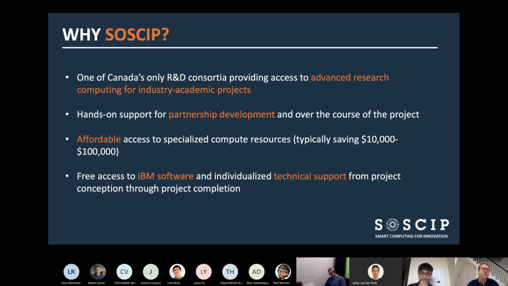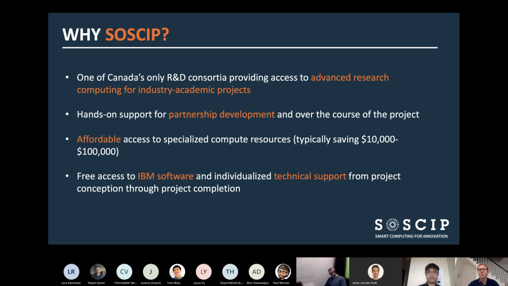In terms of project fees, we do have a one-time access fee for SOSCIP projects. It's $2,500 per year, and that gets prorated. So a 6-month project would be $1,250. If you're looking at a longer-term duration, this is really just a step-in fee to ensure that we can get our projects in our platforms up and running.